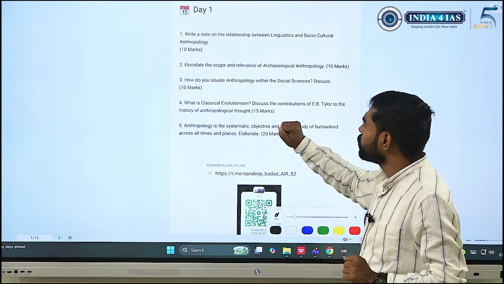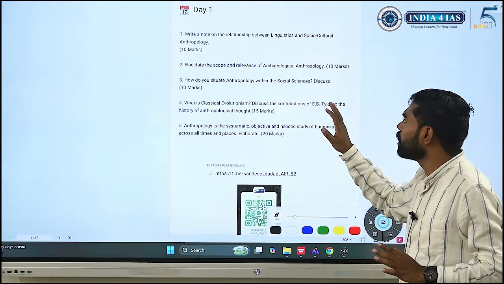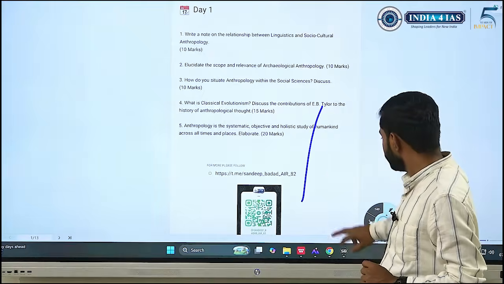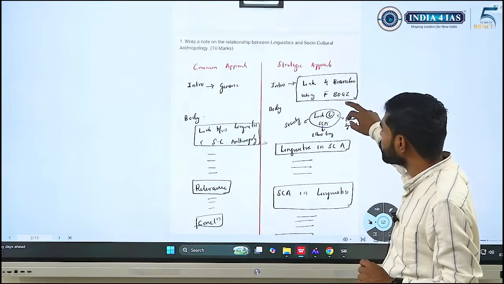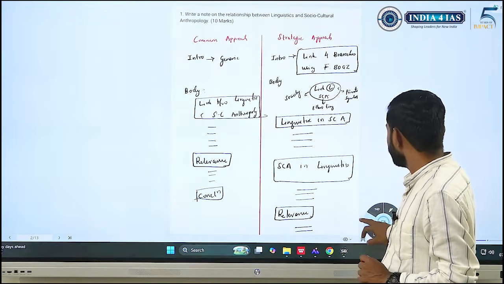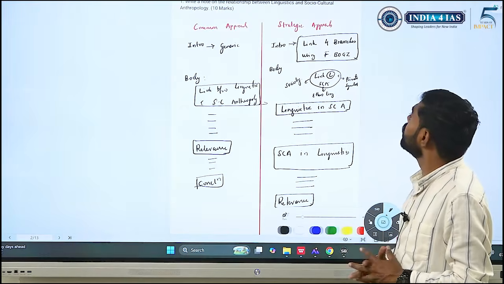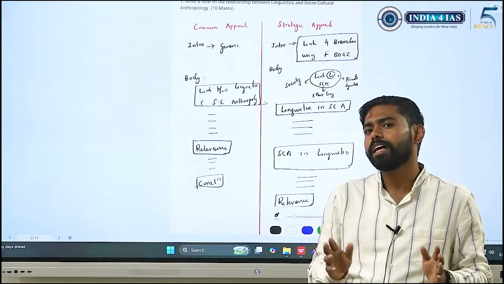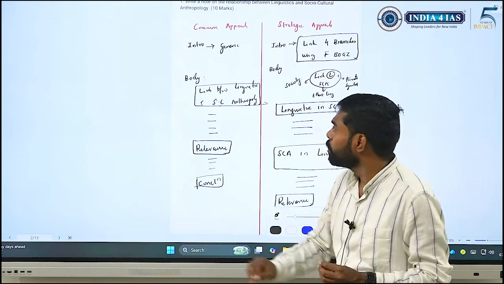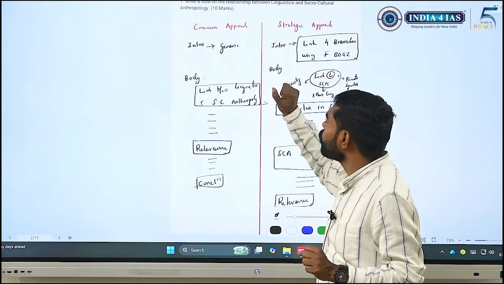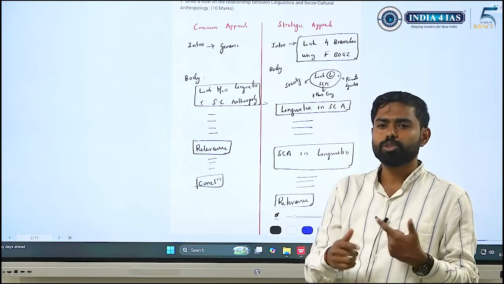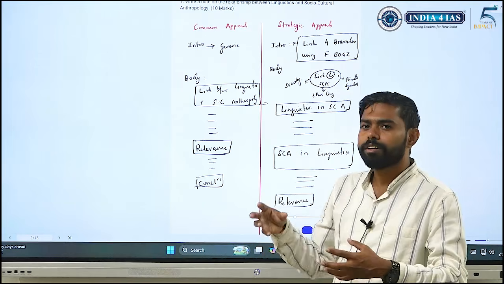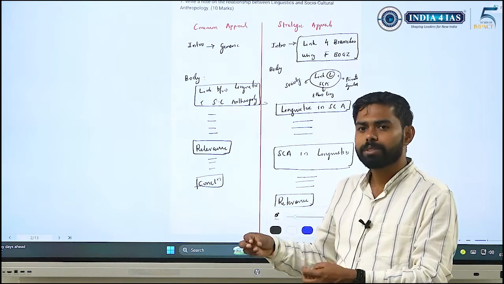Okay, what is the first question? Write a note on the relationship between linguistics and sociocultural anthropology. So what would be the initial approach when the question is seen? It is the relationship between linguistic and sociocultural anthropology. So the general approach would have been to write an intro, the contextual intro, that linguistic anthropology and sociocultural anthropology are closely related fields which have interlinkages, sometimes overlaps, and sometimes